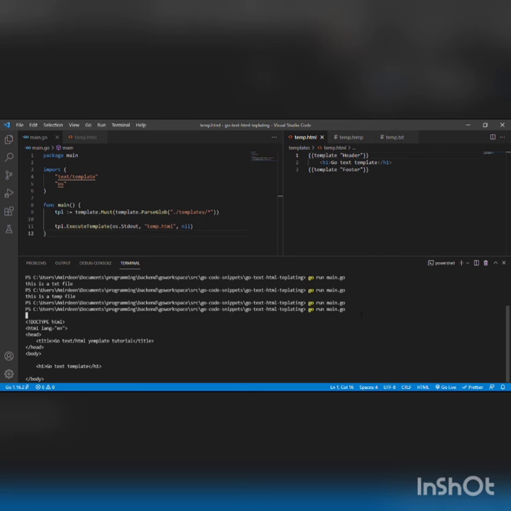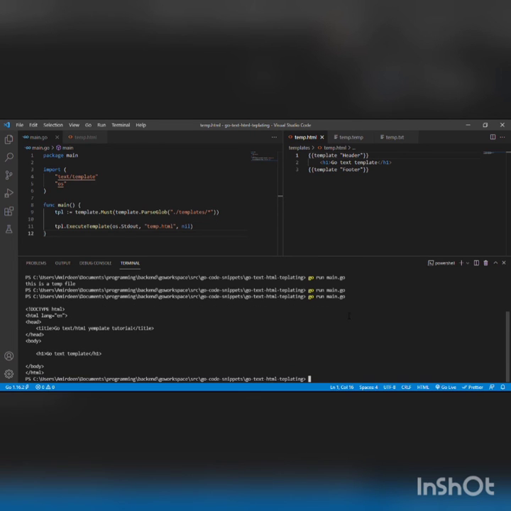Okay, so I have my template executed. So you see, this is the content inside the temp.tmpl embedded with the name header. And this is the content inside temp.txt embedded with the name footer. So that's embedding templates. So I'll be stopping here for this video and we'll continue